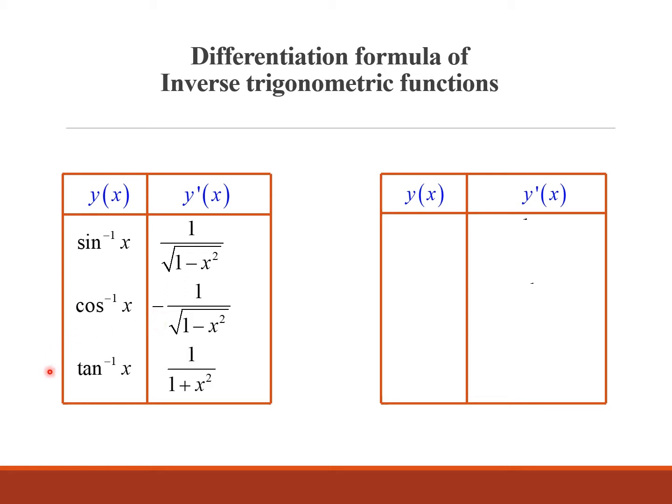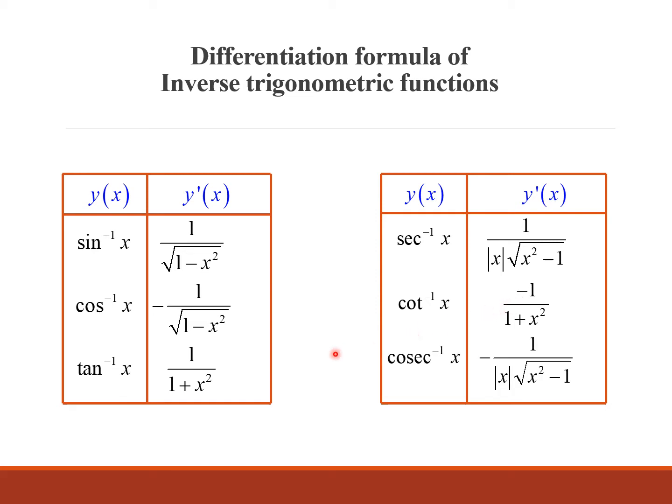Okay, and then the derivative of arctangent of x is equal to 1 over 1 plus x squared, and the derivative of arcsecant of x is equal to 1 over the modulus of x times the square root of x squared minus 1. And the derivative of arccotangent is equal to the negative of 1 over 1 plus x squared. And the last one is the derivative of arccosecant